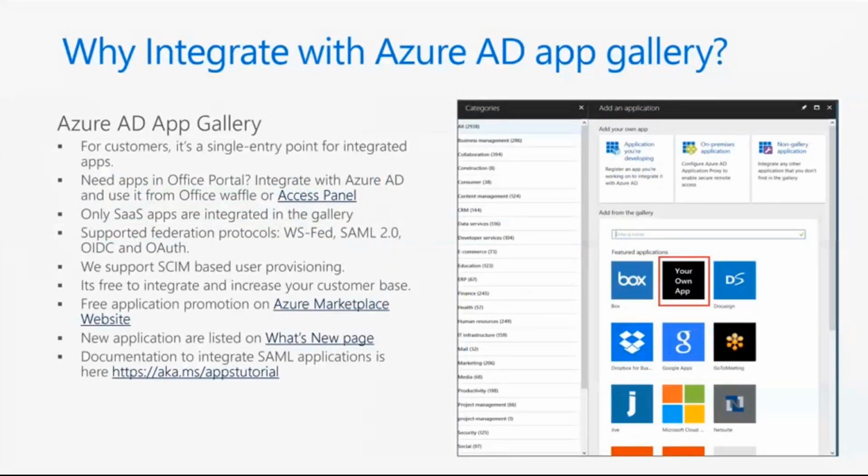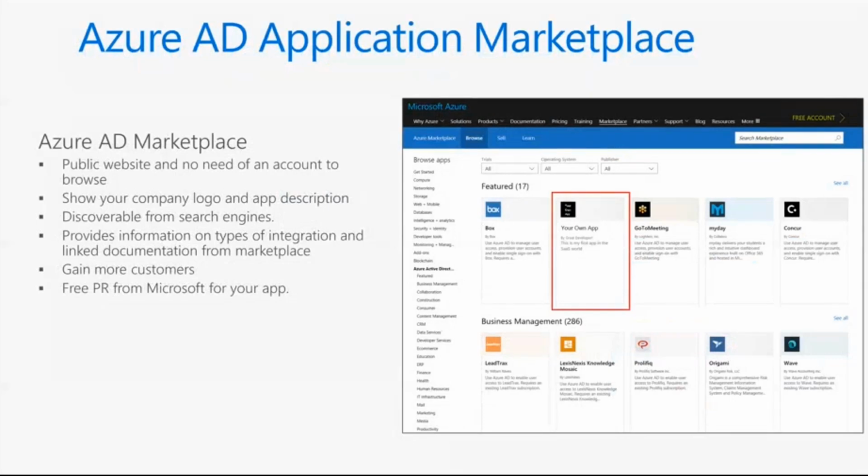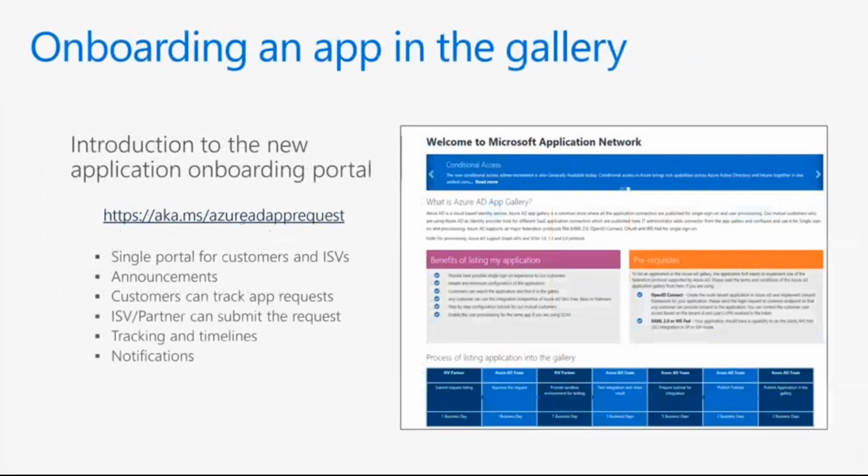We have the Azure Active Directory App Gallery available for you. If you have used the Enterprise Apps blade and you say add an application, applications in the gallery are listed to the tenant administrators and users. If you want your application to be present there, consider adding your application to the Azure AD App Gallery. When you get your app added to the app gallery, it's also available in the marketplace for those who are looking for applications to buy.